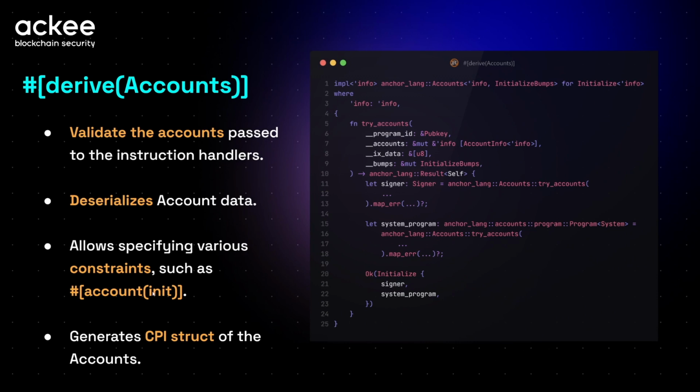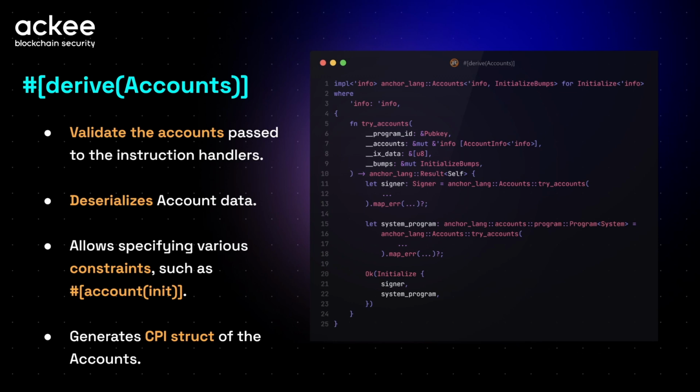So, the derive accounts macro. As I previously mentioned, the function that is specified within the entry point macro actually expects three arguments: the program ID, the accounts, and the instruction data. Let's focus on the accounts.